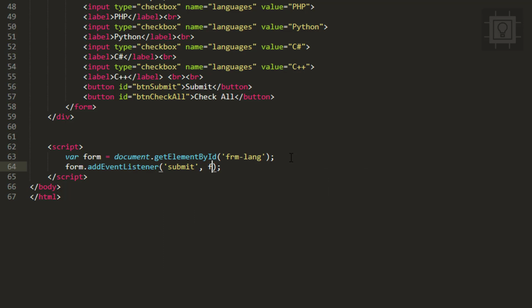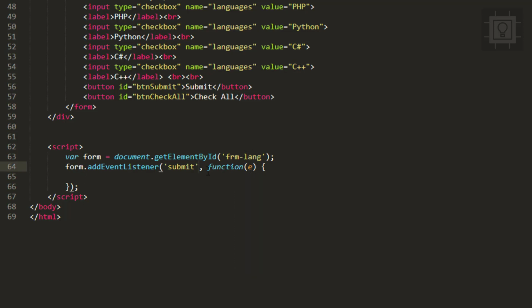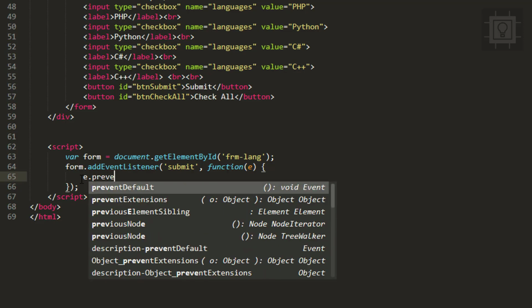And then let's provide a function with a parameter e as the event. First, we want to prevent the form from submitting. So e.preventDefault,